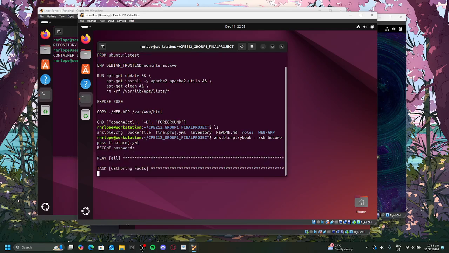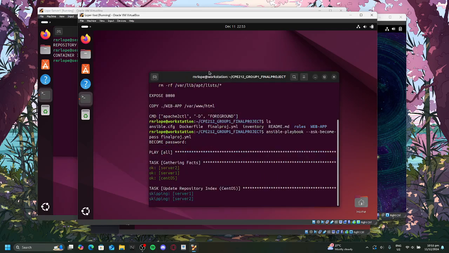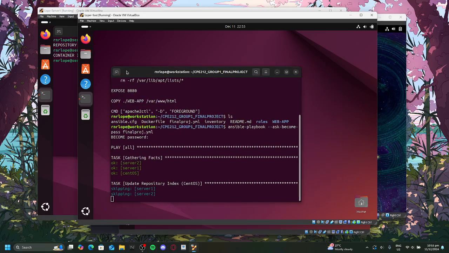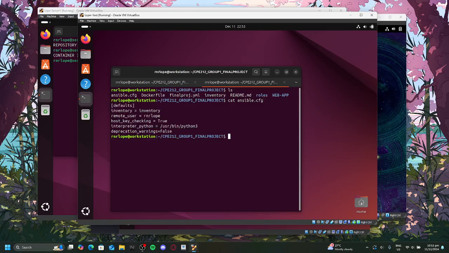While it is running, I'm going to create a second tab so that I can explain some of the contents of our repository. First up, the ansible.cfg just contains the defaults. I'm just going to display it; I'm not going to explain it in detail because it's just common knowledge, I think.